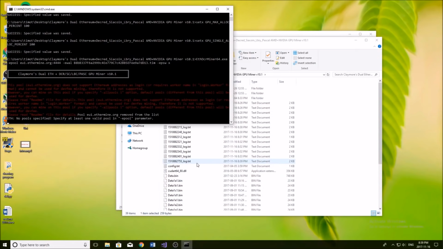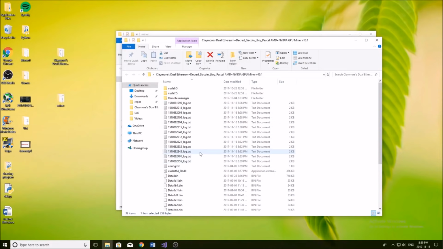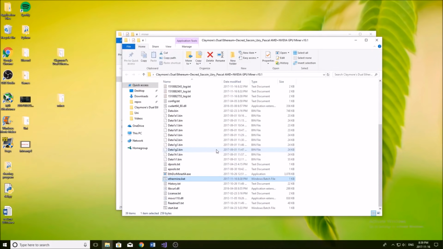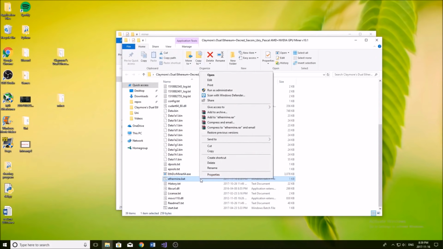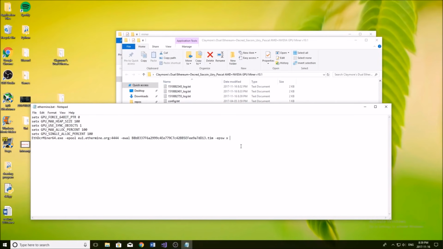And yeah, so how do we fix that? Now, same thing, if you want to read that whole thing again, you can do the same process I showed to run this file. I've already read it, and pretty much that red text there is saying there's an issue with this pool, and you need to type something else into your batch file to make it work. And this is a new thing that has just shown up, so don't worry if you followed my last video and it didn't work. At that time everything was working fine, but now we need to add something to our miner. So we can go ahead and click edit right here, and then at the end here